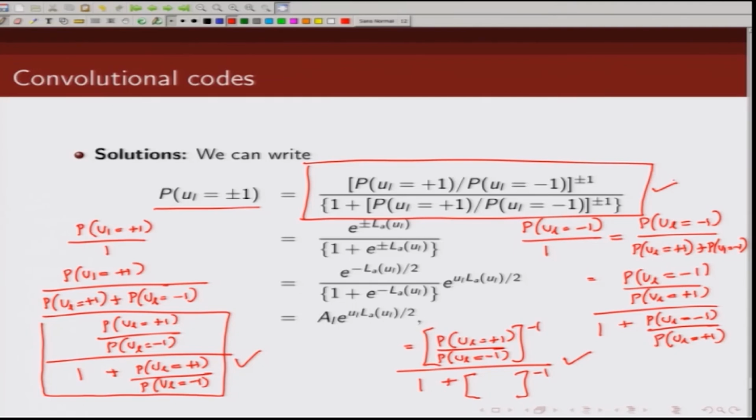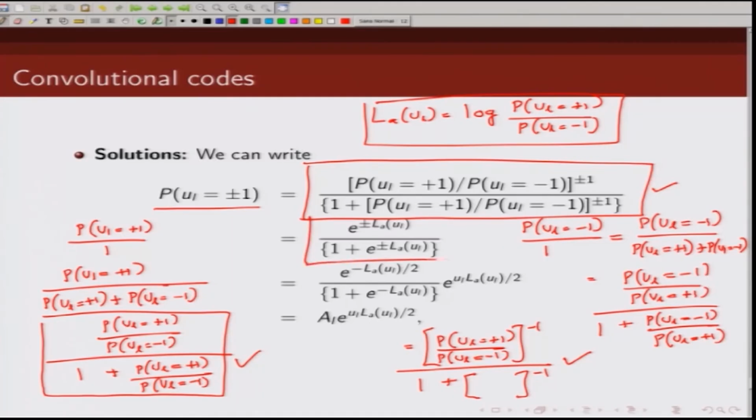Now if I write this ratio of probabilities in terms of L values, what is the L value of u_l? This is the log of the probability of u_l being plus 1 divided by the probability of u_l being minus 1. So this can then be written as e raised to the power L_a(u_l). If I plug this into the first line, I get this term. Now note, I can further simplify this